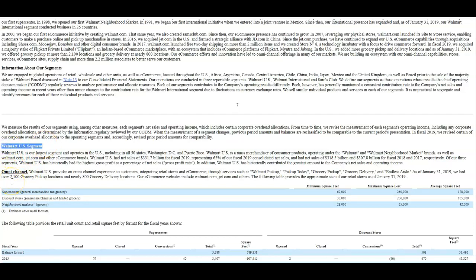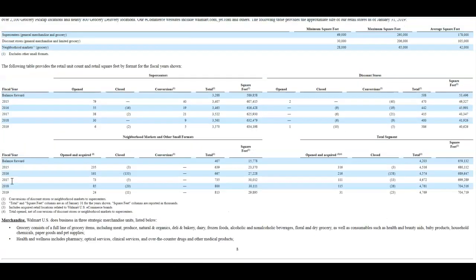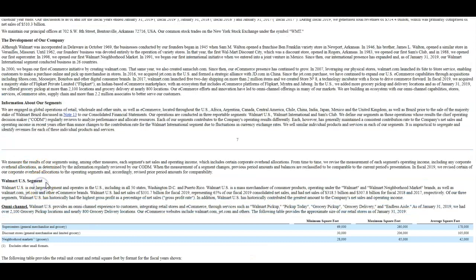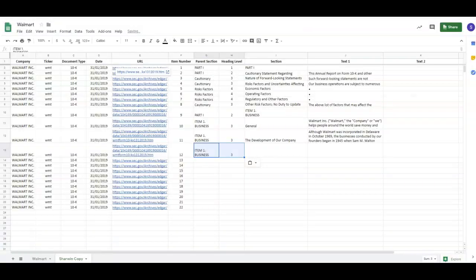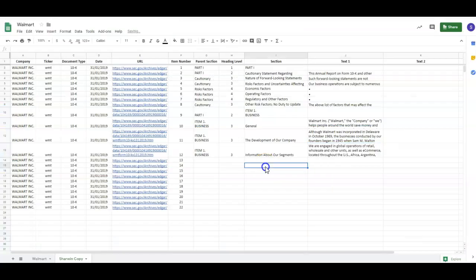All right, so you need to make sure that when you are taking out the information, you have to remember that you watch out for this information. Okay, now going back to what we have here. All right, Development of Our Company, so information about our company, and you will copy all the way until, okay, so now